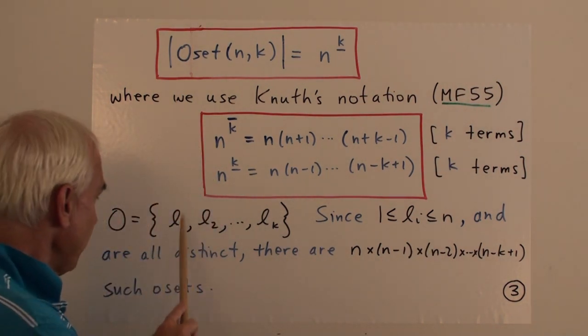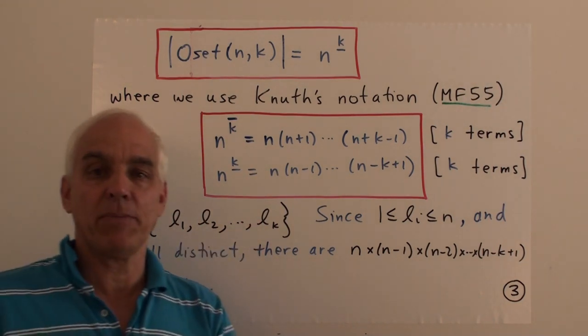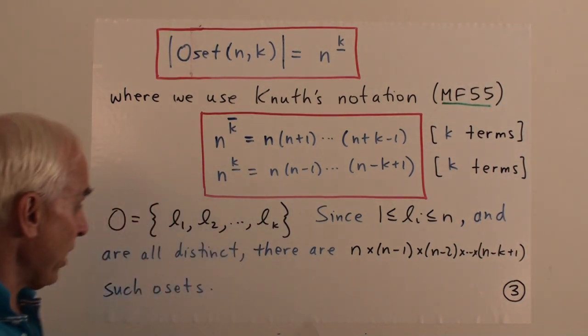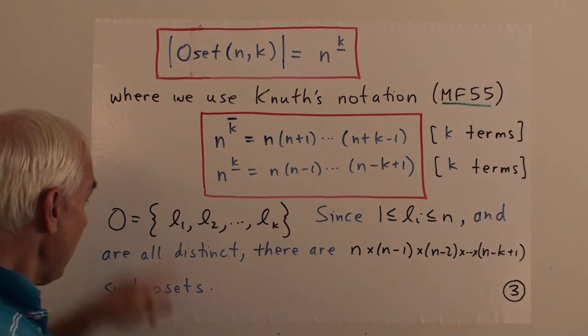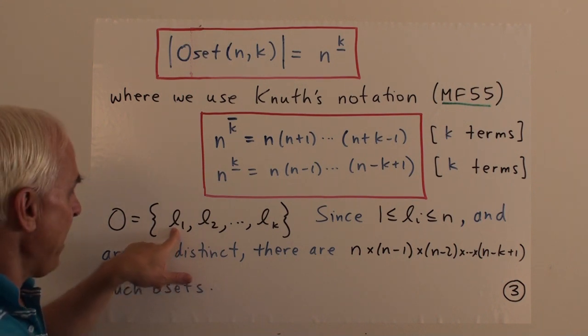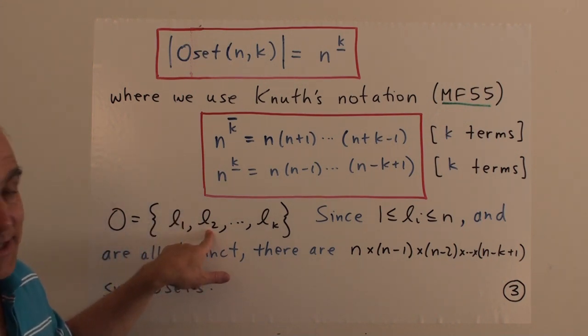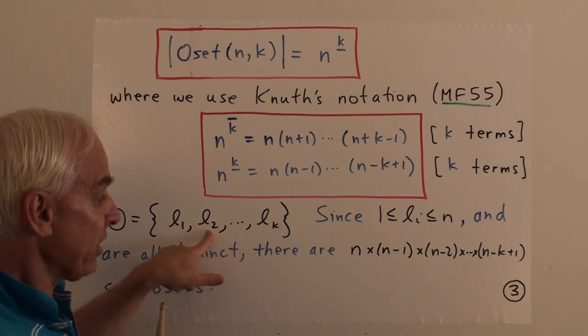But there's an order. So this is the first one, the second one, and so on. So it's just like a list, except that repetitions are not allowed. So if we want to count how many there are, it's not too hard, because there are n possibilities for this first one. And then, as opposed to a list, there are no longer n possibilities for the second one, because repetitions are not allowed.